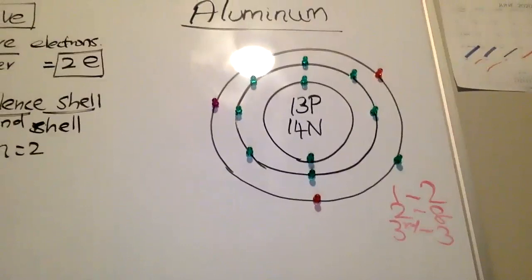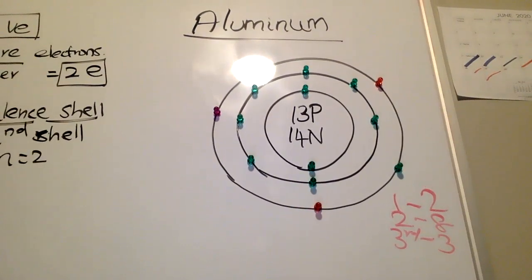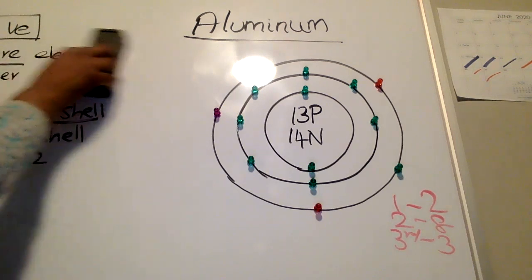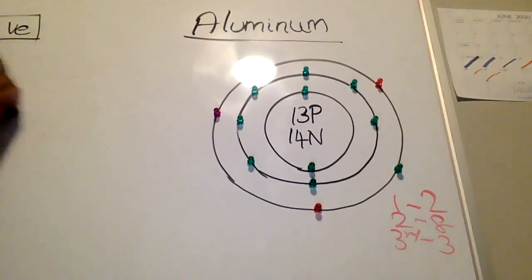So now can we do together? Now take a time and look at this atomic structure for aluminum and tell me how many valence electrons, how many outer electrons are there, how many inner electrons, how many core electrons, and which shell is the outer shell? Which shell is the valence shell? Okay, so think about that and get ready with your answers. So now you're going to tell me.